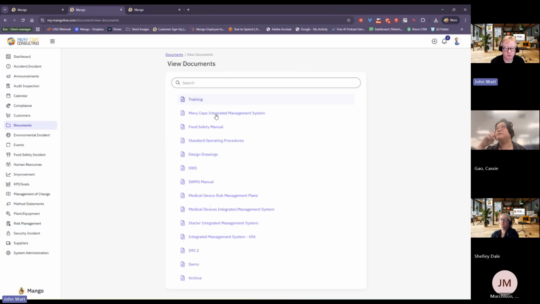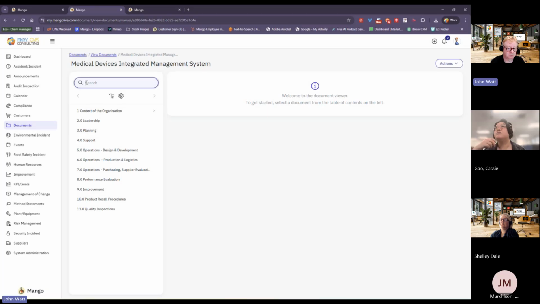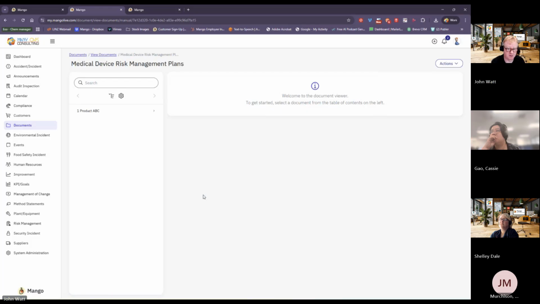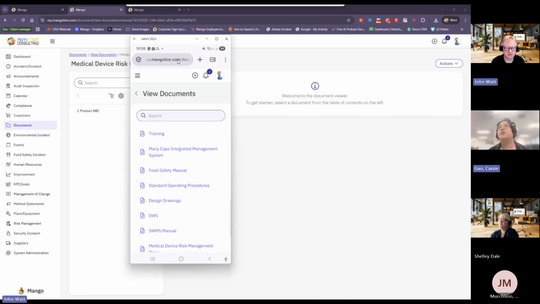Every time you step down, it searches just within the section you've stepped into. If I step up a level to where I've got everything, it'll search across everything. So I need to identify the folder first. Yes, and there's a search on the phone.